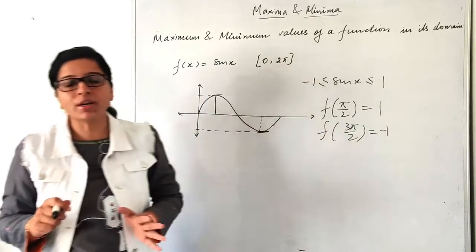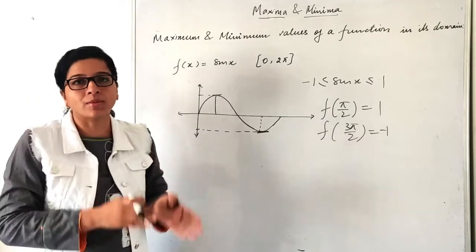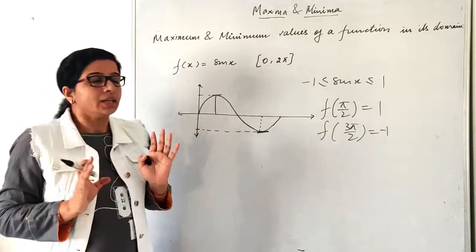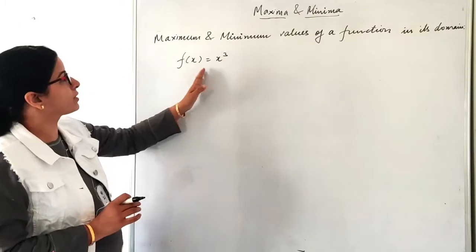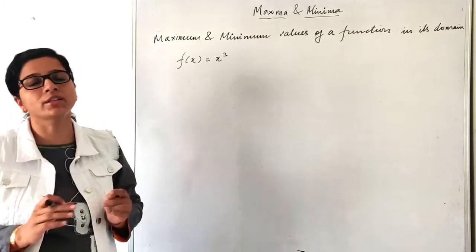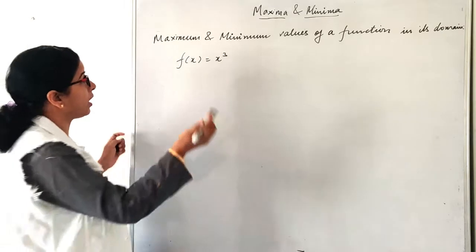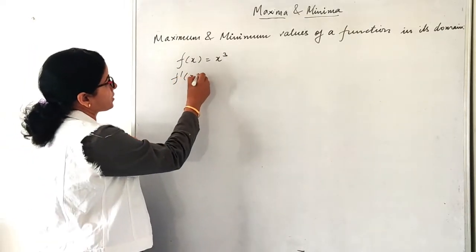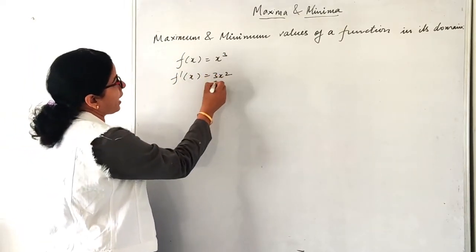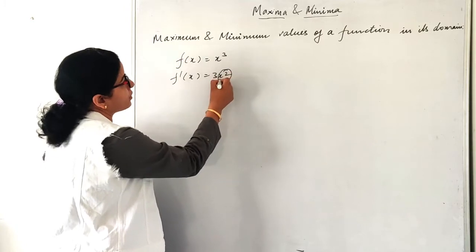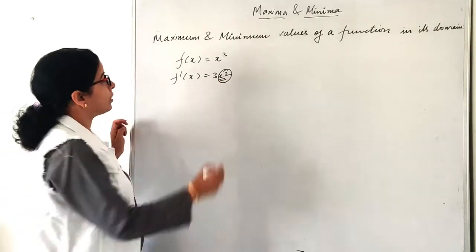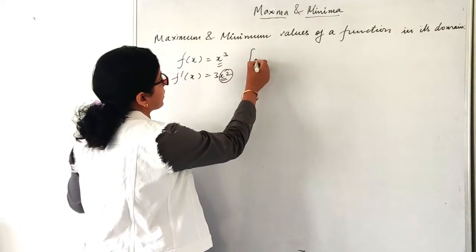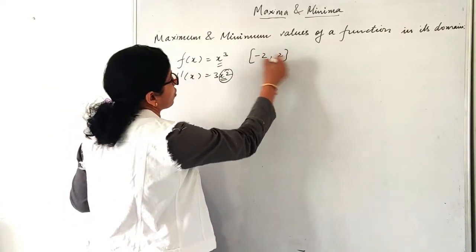So there can be a function which can attain the maximum as well as the minimum value. Now let us check one more function. So now I have a function f(x) = x cube, and we know that this function is an increasing function. How? Just f'(x) is 3x square, and I know for all the values this will be an increasing function, right? Now I have defined my function, say for example, on the closed interval minus 2 comma 2.